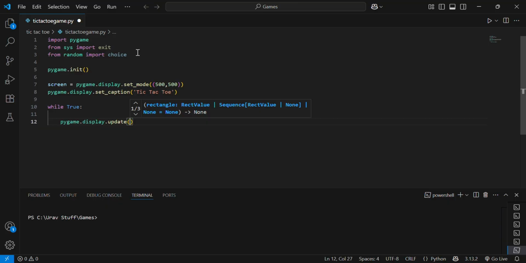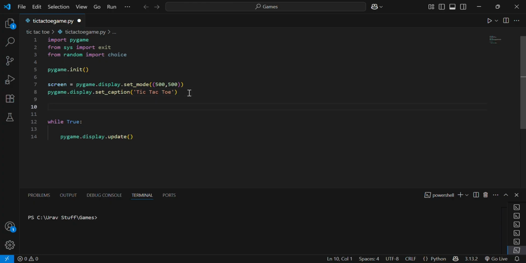And then we also want to be able to control our frame rate in the game, which is the number of times this loop runs, or the number of times the game updates in 1 second. And this makes sure our game doesn't run too fast and uses up unnecessary computer resources. So to do that, we'll come up here outside of the game loop, and we'll create a clock variable, and we'll set it equal to pygame.time.Clock. Make sure that the C is in caps, and this will be a clock object that we'll use